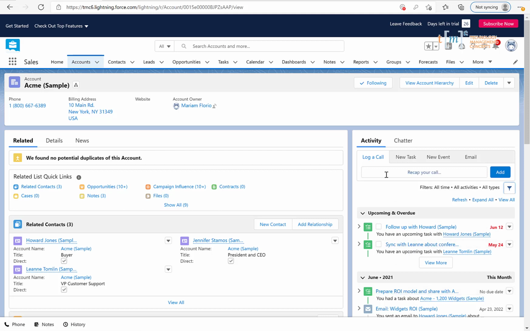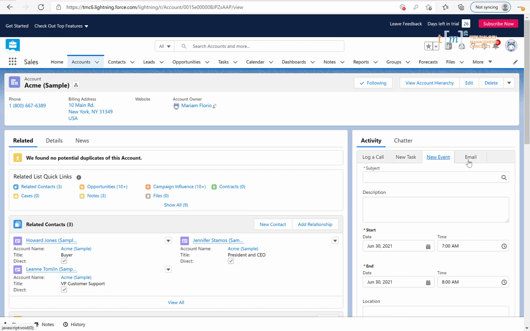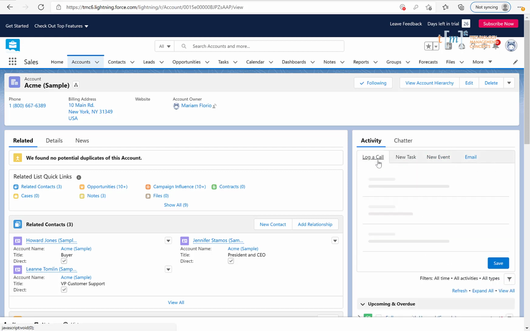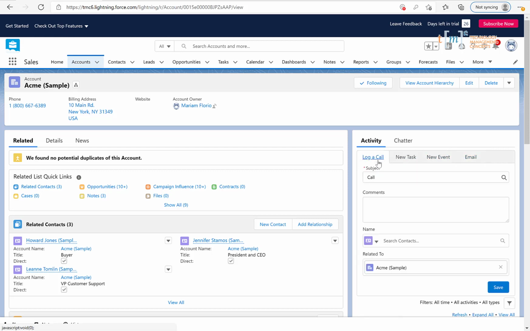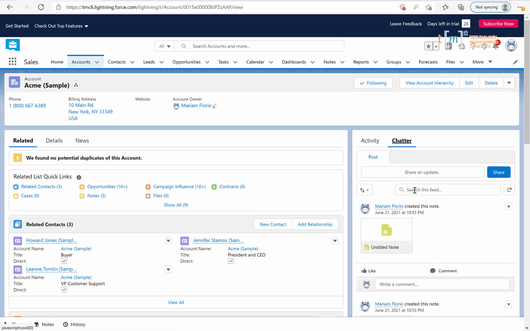I can also add a quick phone call by typing in this box here and clicking add. I do see that there's no quick way to add a document here as I had with Dynamics 365, but I can add a new task, a new event, or a new email by clicking on the tabs at the top of the screen. I also have a chatter box, which I can view posts or auto-created items inside of